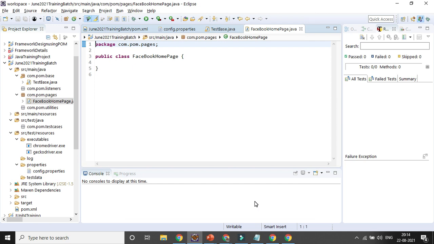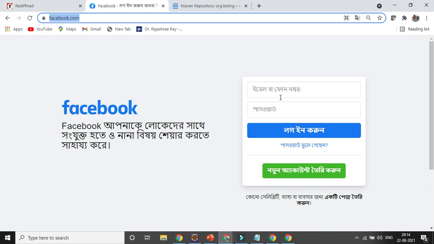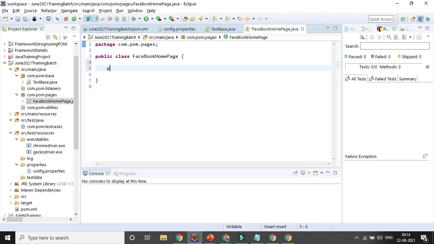So right now I will not be using the concept of page object model, simply I will be trying to create two important methods here. So one is, suppose say here I want to enter the email and password. Let's check whether anything is working or not. Public void enter email. So that is the method I am trying to create here.